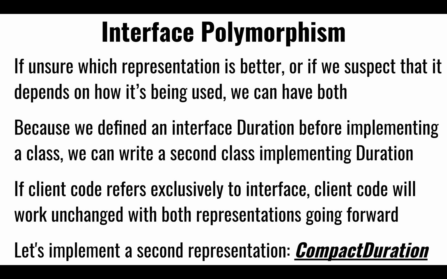So instead of throwing away our old implementation, we'll just keep it around, and we're going to create an entirely new implementation. They're going to sit side by side. They're going to be siblings. They're both going to inherit from the same interface, but it'll have a completely different internal structure. Instead of breaking up the time in hours, minutes, and seconds, it'll just have a variable declared as long, and just keep the time in its smallest representation, and see where we go from there. We're going to call this technique interface polymorphism, meaning we're going to have one parent interface, and two implementations that inherit from this top